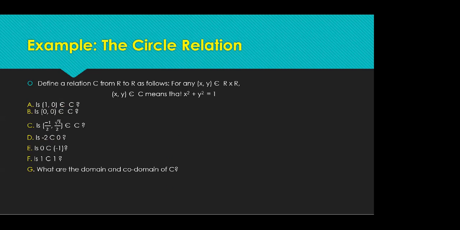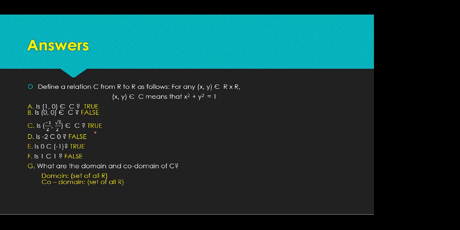For the relation itself, we are given two sets, right? The first set and the second set. The first set is the domain and the second set is the codomain. For this circular relation, we're not given the set, we're just given the ordered pair. So this is the X and this is the Y. The domain here is this one and the codomain is this one. Gets? Okay, so your answers here